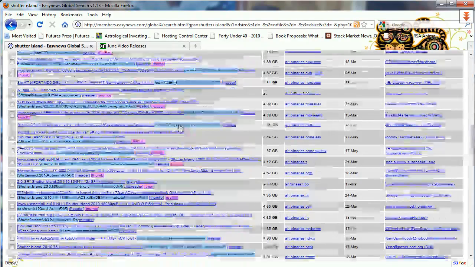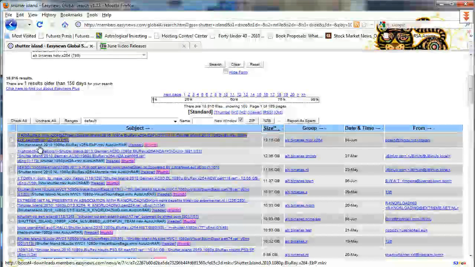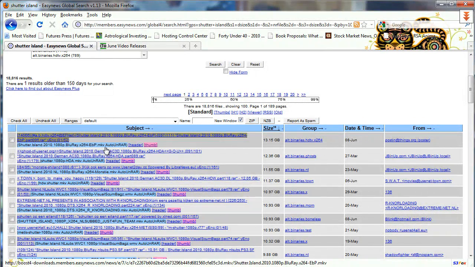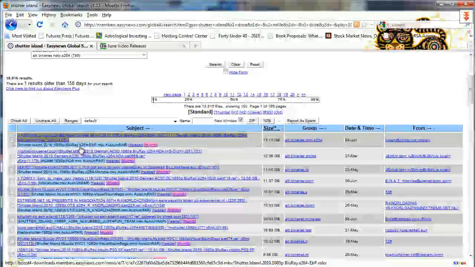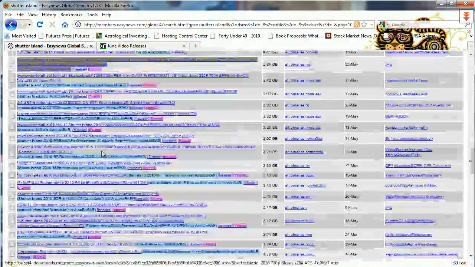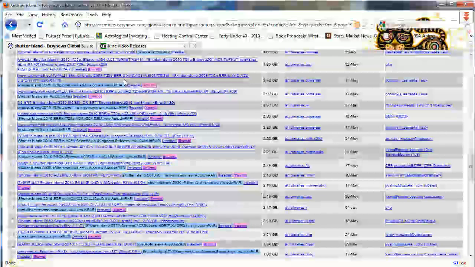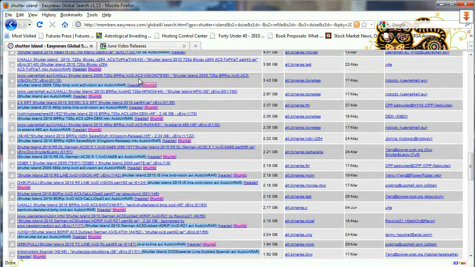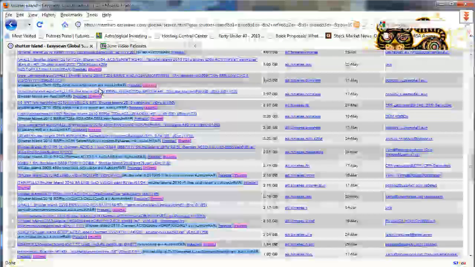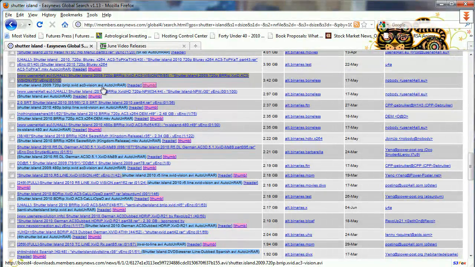The MKVs, like this one here, it ends in MKV, but I try to look for a 720p, or if it says Blu-ray or something like that. And then the other one, which is the 720p AC3. That ends in .avi, and that should give you close enough to high definition. This one here might work as well. Again, there's so much garbage on here that you have to filter it out, and be careful, you might get French, or you might get German or Netherlands or Dutch, but it should say inside of there